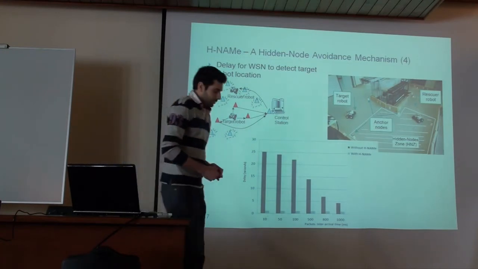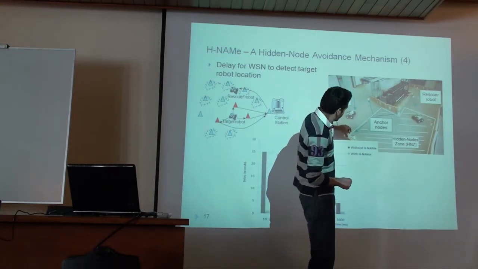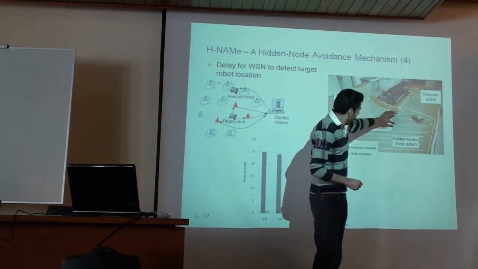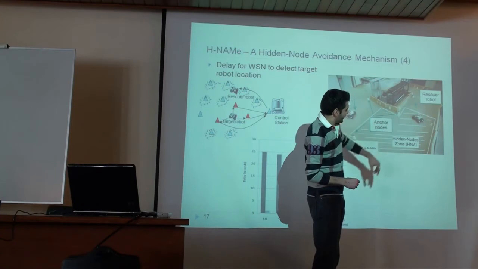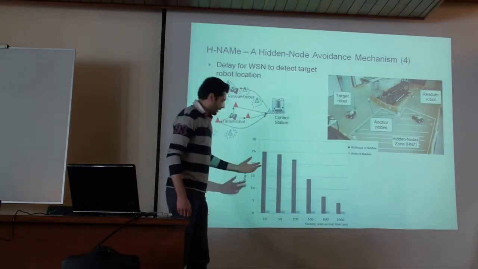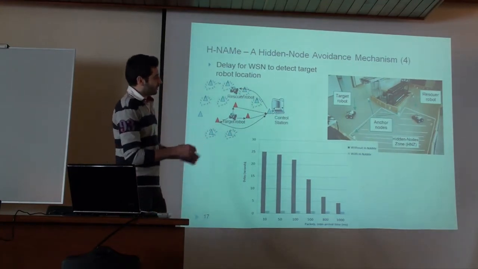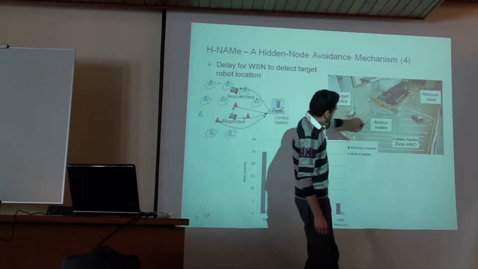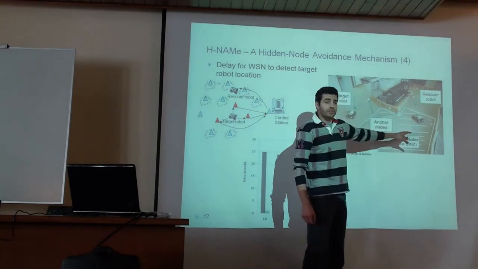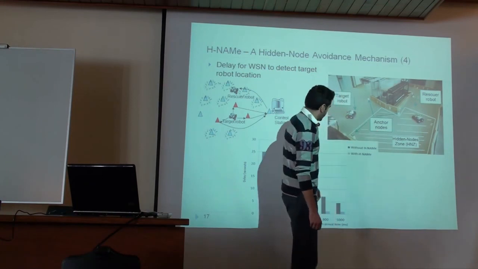So we changed this test bed and placed some hidden nodes in what we call the hidden node zone. These results are for a second test. We placed, in fact, one hidden node. In this area, these are anchor nodes used for localization of the targets. We placed one hidden node here, and we programmed it